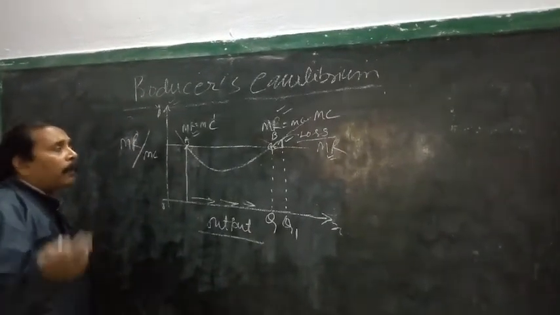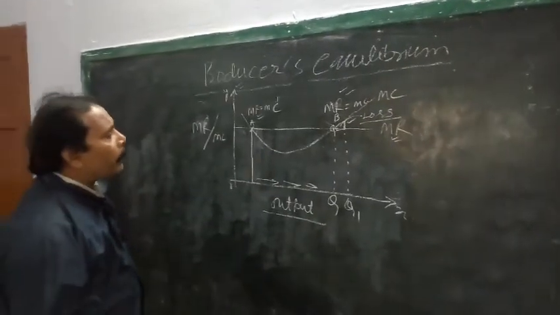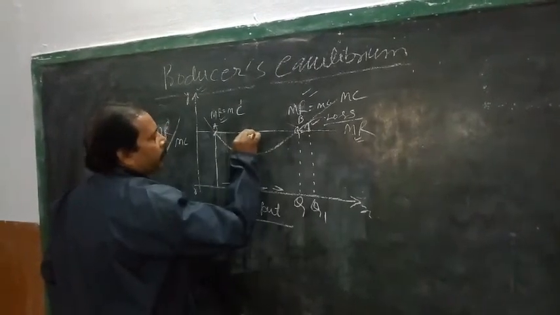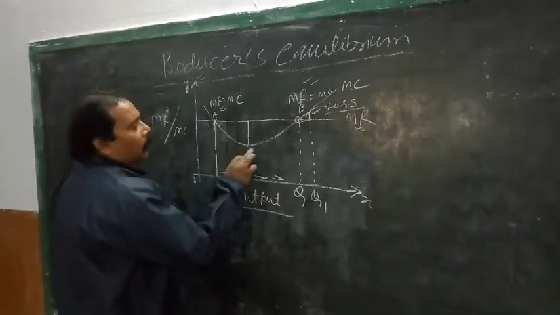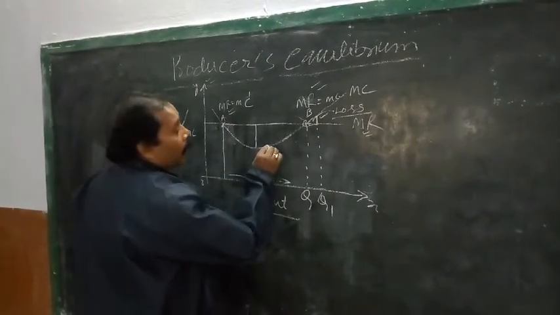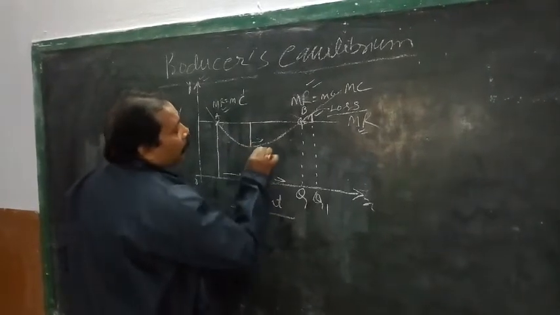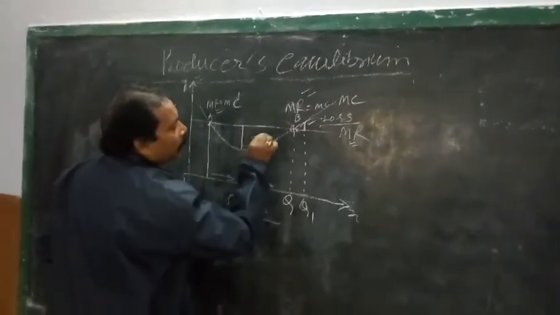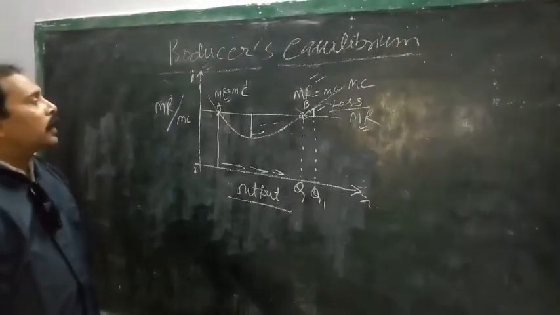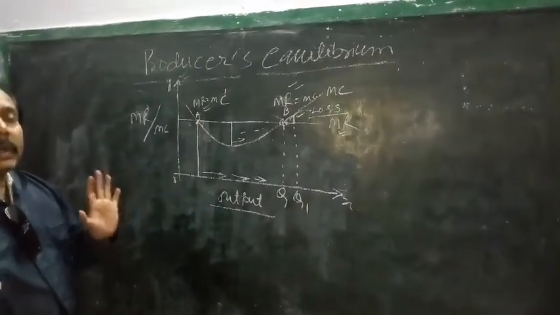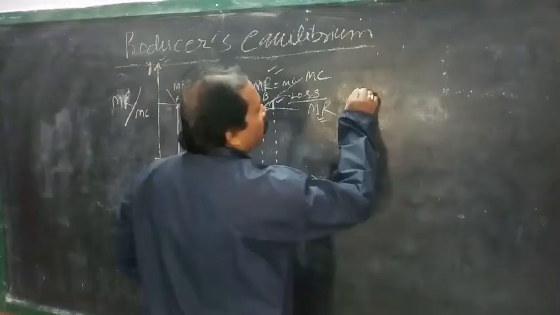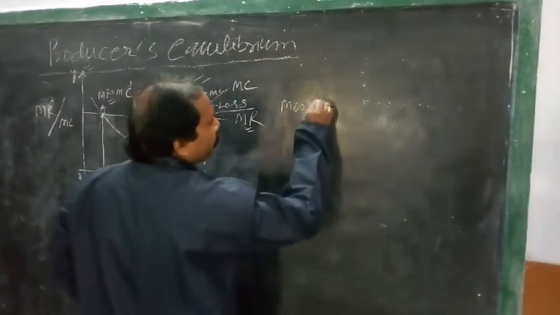Sometimes some of the students face the problem that the gap between MR and MC is maximum at this point, so the producer should get maximum profit at this point, because after this the gap between MR and MC starts to decline, so the profit margin will start to decline. So this is your wrong conception. Why is it a wrong conception? Because as I told you, the maximum profit